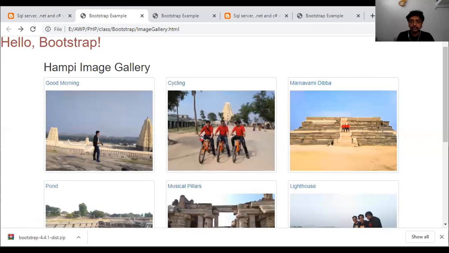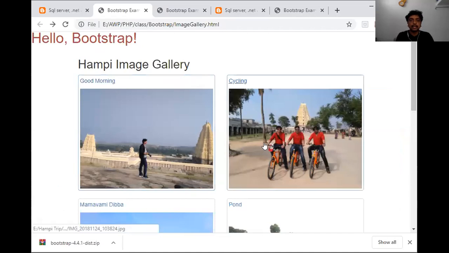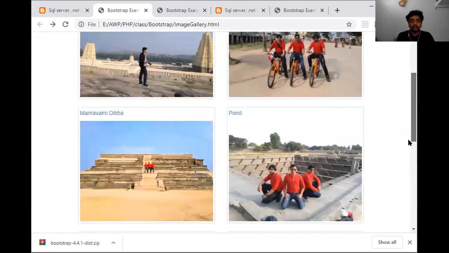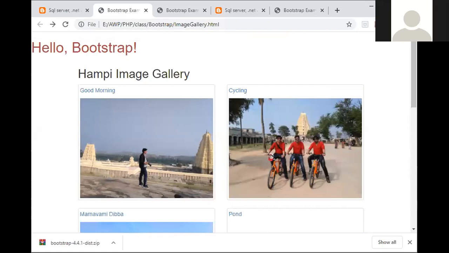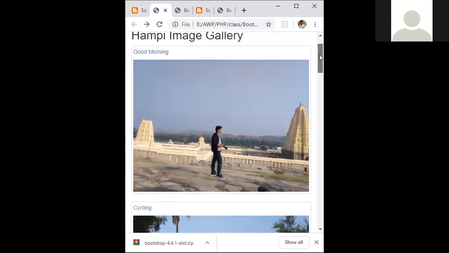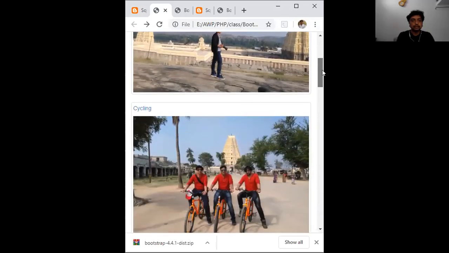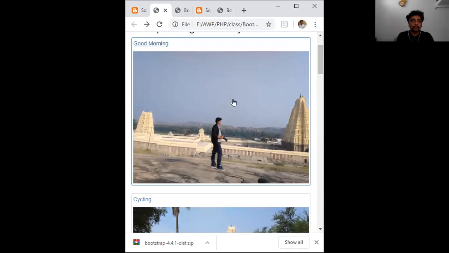Then still, if I reduce the device size, when it comes to the smaller devices, in each row 2 images are going to be displayed. The rest of the images will move to different rows. Then still, if I reduce for the extra small devices, look here, the image is not going to be cropped. Images get adjusted to the screen. This is the extra small device, where we can see it as a mobile view. In the mobile view, each row has one column. Each row is one column in the sense each column will be taken by default as 12 units.